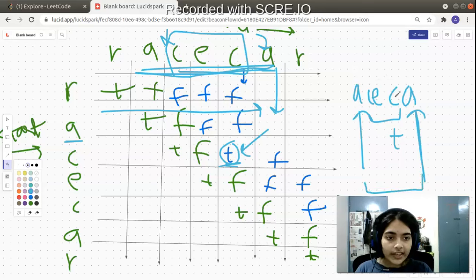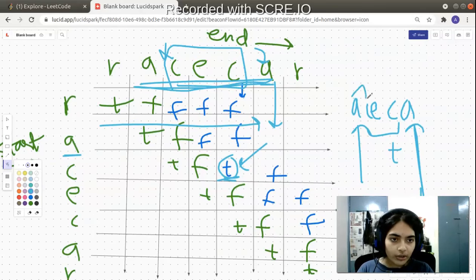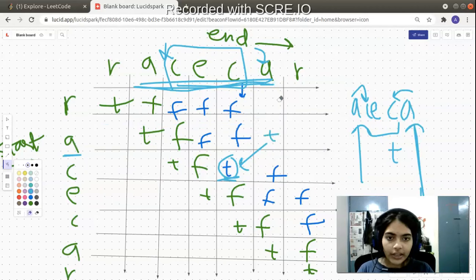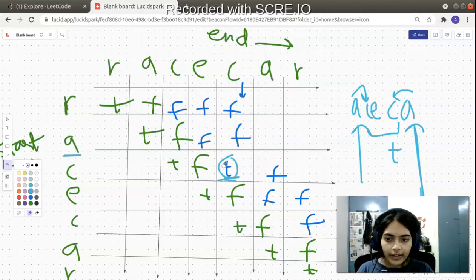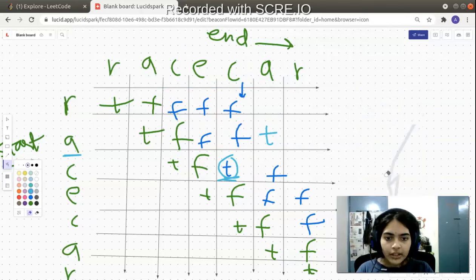Okay. So how do we check the innermost string? From the DP table, we just go one row above and one column minus, because you have to check the inner string. You increase one row and decrement one column value, so you reach the inner string. If that is true and the first and last characters are equal, then you fill true here. So this is a very important example, and we can just move forward. So that is also true. Let me fill it. This is true, and I will erase this, and we can move forward to the next example.